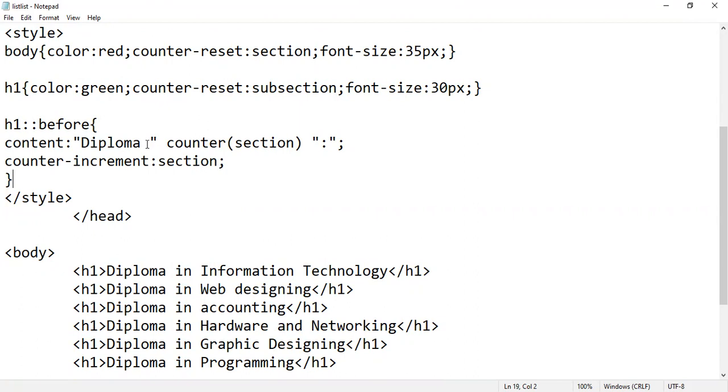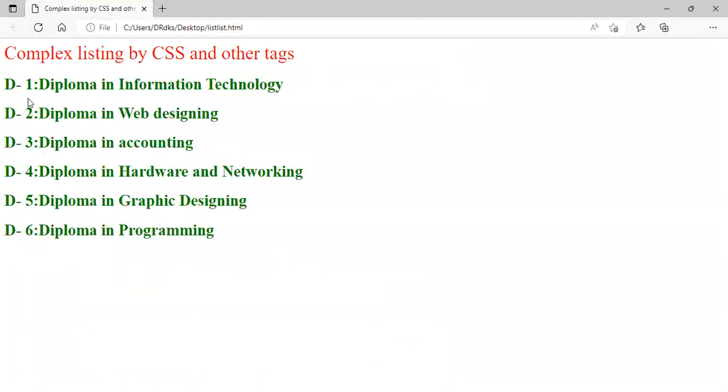And if you don't want to use the diploma full form, just type D and use a dash symbol. It's coming with that D symbol, D1, D2, and just save this and refresh it. You will get the content here like this, right? D1, D2, D3. Understood? And if you want to shift it a little bit in the right direction,